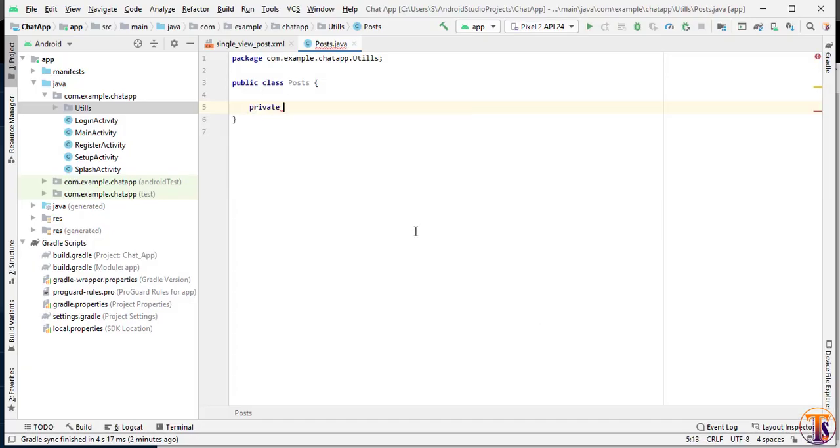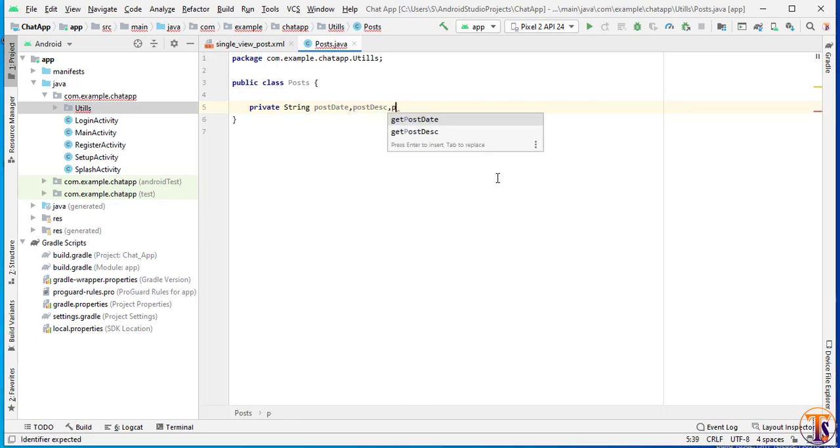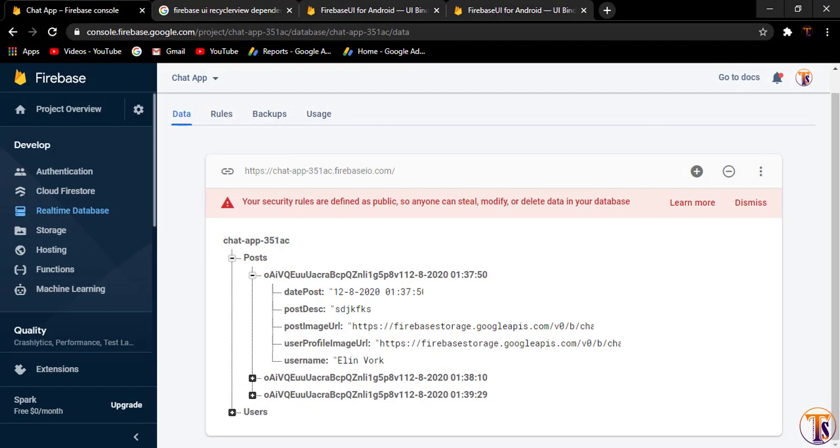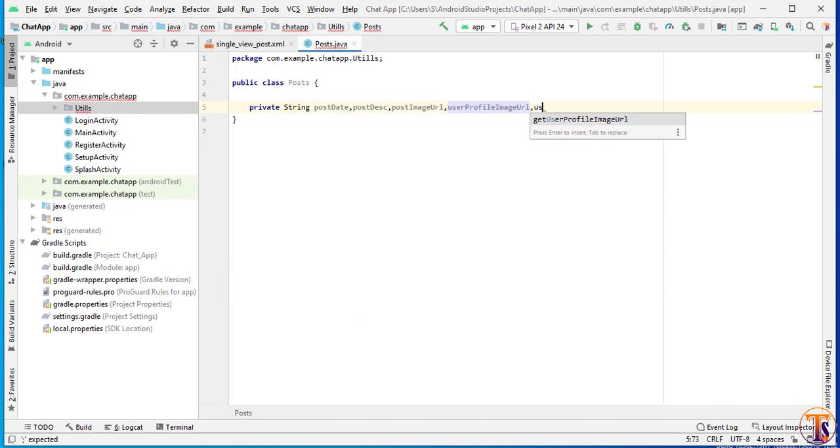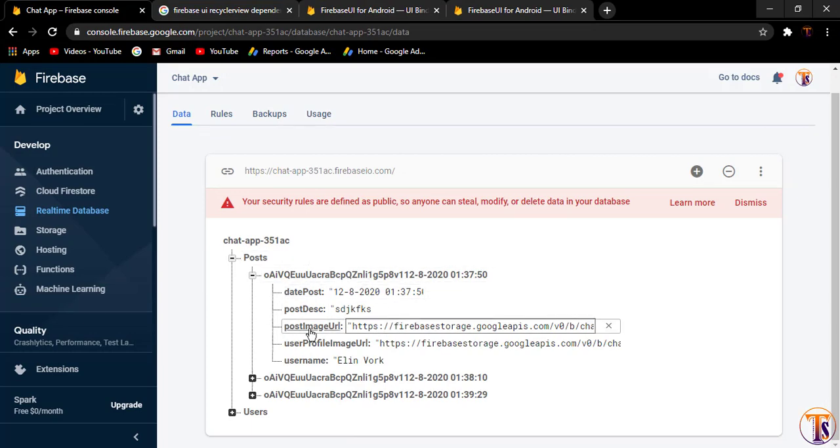So private String postDate, postDescription, and the last one is username. Okay, make sure you have the same spelling, otherwise it will not fetch the data.